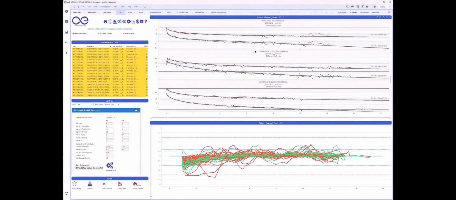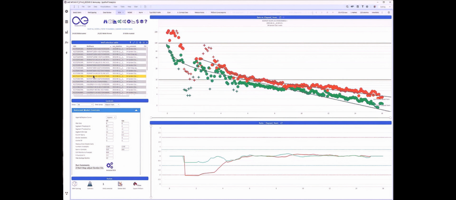Now, what we want to do is highlight some of the capabilities of this tool. First of all, we have an outlier detection tool, which automatically identifies production records as outliers, and they're ignored in the autocasting process. Here you can see that the production records marked in red for gas and green for oil, where you see these crosses or X's, are identified as outliers. We can adjust or tune the performance of this outlier detection to match the data that we're dealing with, but you can see it's very effective in eliminating some of these production records that we really don't want to consider when we start looking at these